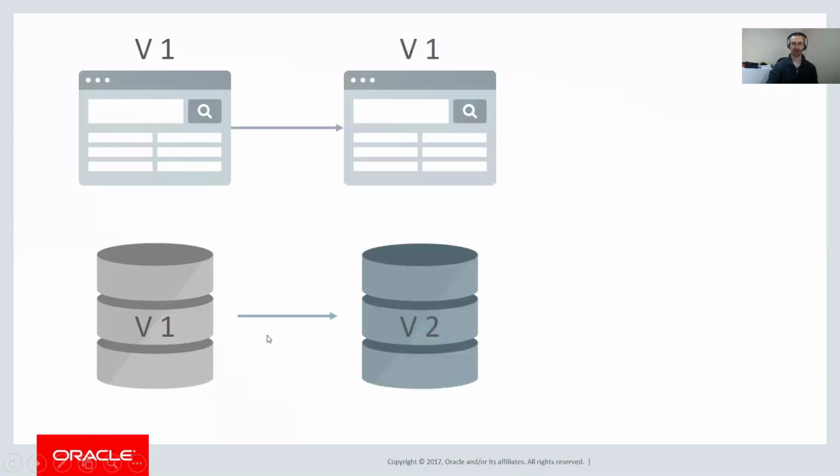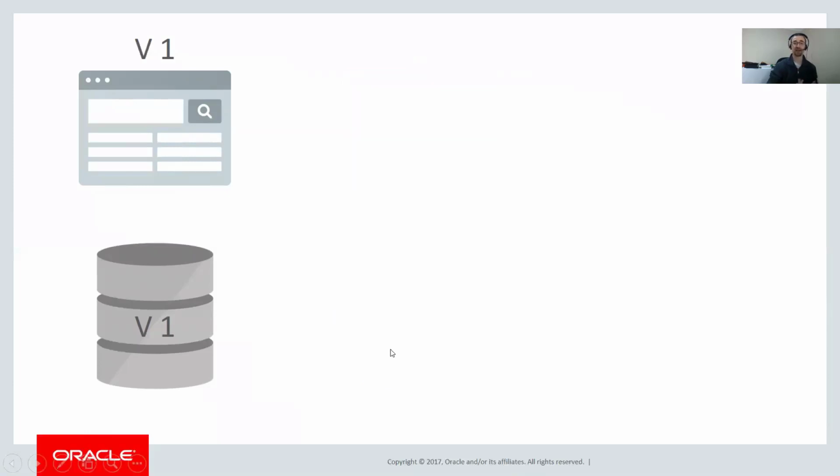We'll then deploy our schema changes. We'll create some tables, add some columns, for example, and now we run for a period where the database is on version 2, but the application is still on version 1. So we haven't upgraded the application at this point. What this means is, if for some reason something went horribly wrong in the database release, or there's some problem that means we need to back it out, you can back it out fairly safely. We can just undo that, and we've got no customer data because it's new tables. We're not storing anything in there.